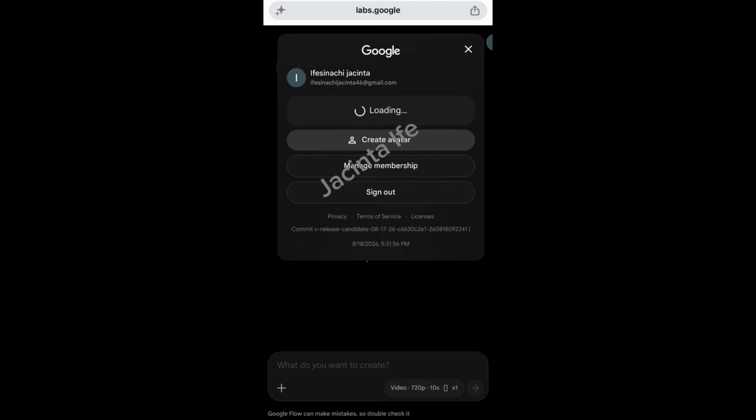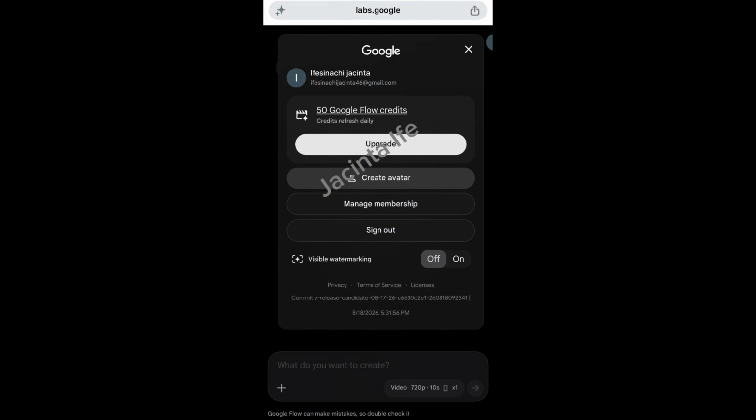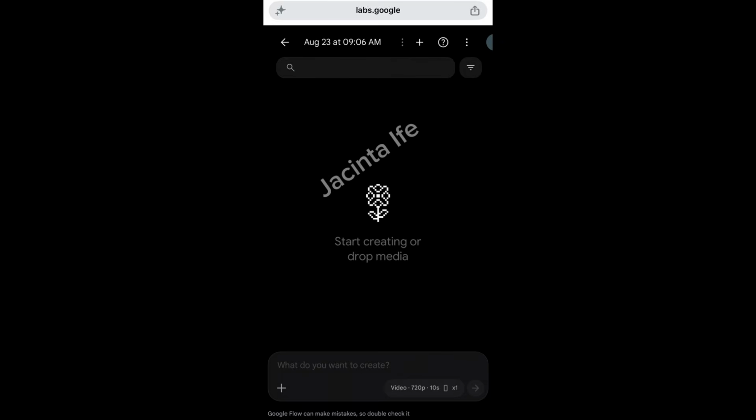So like I said, you can only generate 3 videos with these 50 credits. These 50 credits are free. Flow AI gives 50 credits daily for people to use, with which you can only generate 3 videos, 3 10-second videos. That's 30 seconds in total. So that's why I just have to create this, for people that want to generate videos for free. So you can just do this.